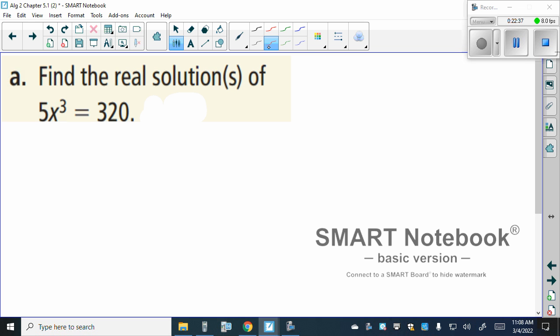Find the real solutions of 5x to the 3rd is equal to 320. Okay, what can we do first? Divide both sides by 5. And if this was me, especially on the ACT, I wouldn't even rewrite the thing. I'd just start working on it from where it's at. Because 5x to the 3rd divided by 5 is x to the 3rd is equal to